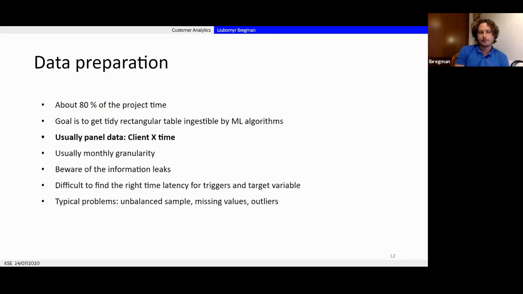But shortly, for those of you who didn't do trainings in econometrics and economics, panel data is data where for every customer and every point in time, you have a history track. So for example, if you work with transactional data, there are days when a customer doesn't do any transaction.